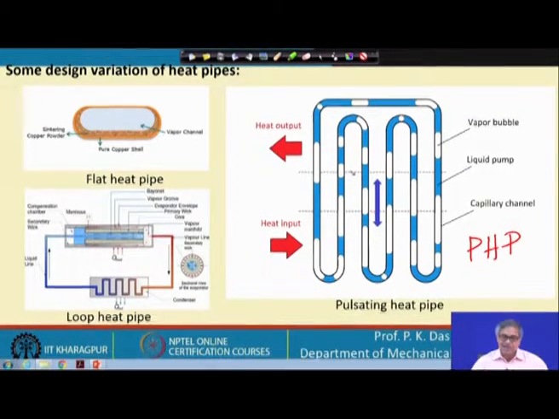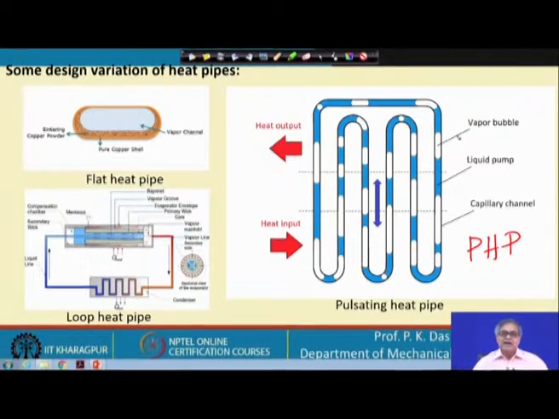If there is a small number of turns, then the evaporator has to be at the bottom part of the heat pipe, and the condenser has to be at the topmost part. But if we can increase the number of turns, there could be a very large number of turns, 40, 50, 60, etc. So, if we really go for a large number of turns, then what we will have is that it becomes independent